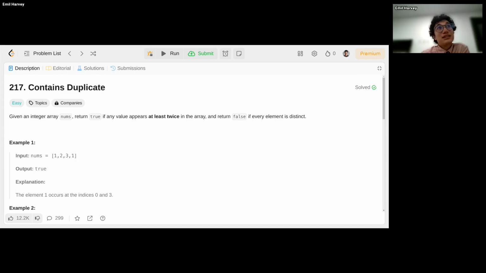So this one is very similar to the very first problem. You're given an integer array of numbers and you're just returning true, a Boolean true, if any of the values appears twice, and false if they're all distinct. Just as a hint, unlike the first problem, this is not sorted, so you can't just rely on that. Otherwise, hopefully it's an easy problem, and I'll give 5 minutes on the clock.